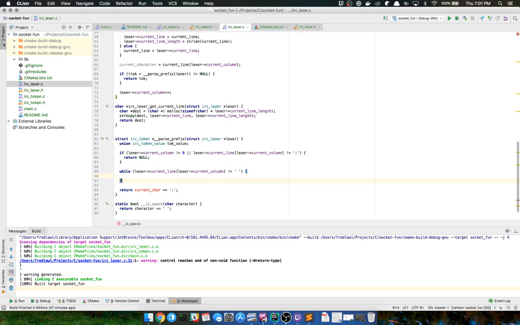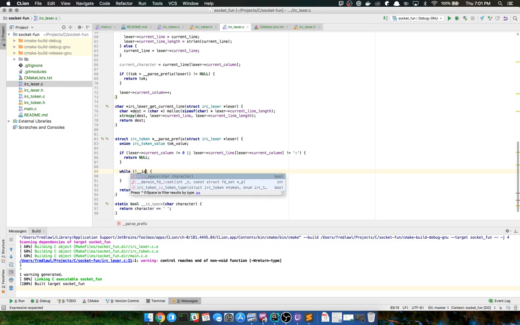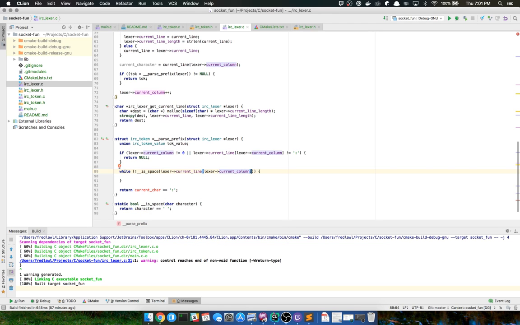In case I ever want to swap it out, instead of doing a direct comparison, I could check the Unicode or something, or ASCII code. Cool. So while it is not space, go ahead and parse.